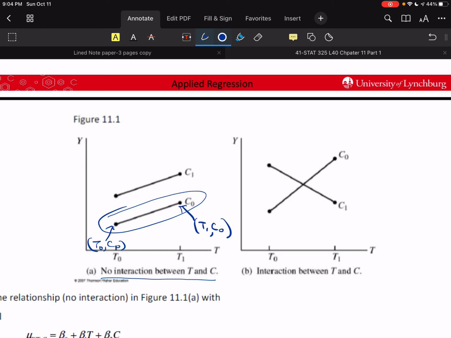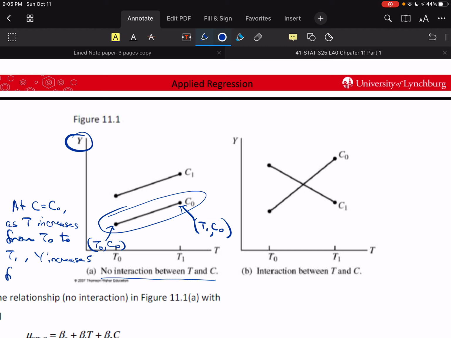So C0 is the same, and what's changing is Y. We could say that at C equals C0, as T increases from T0 to T1, Y increases